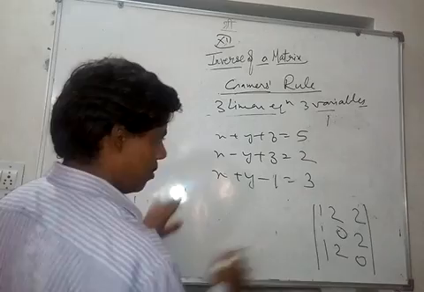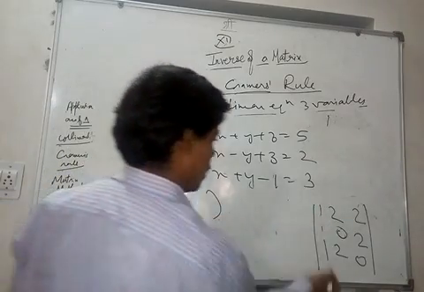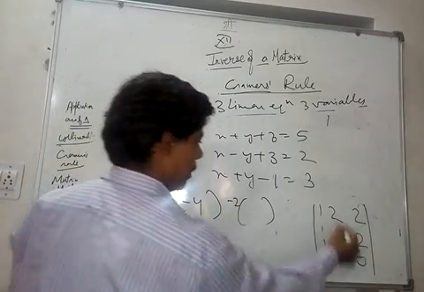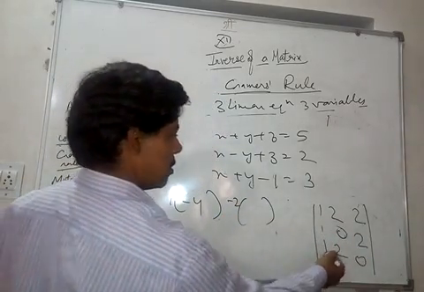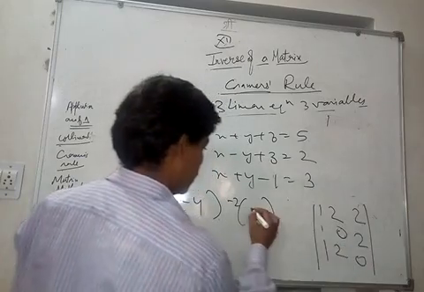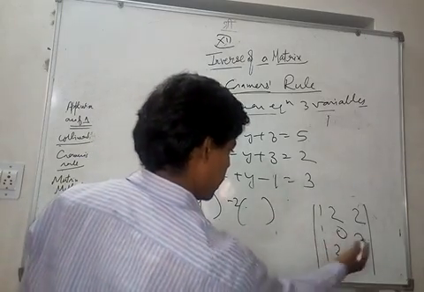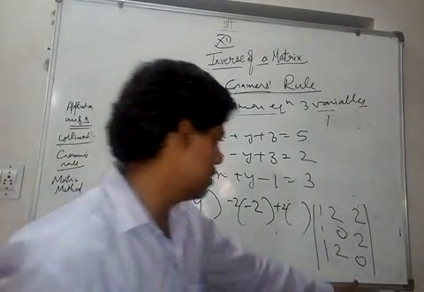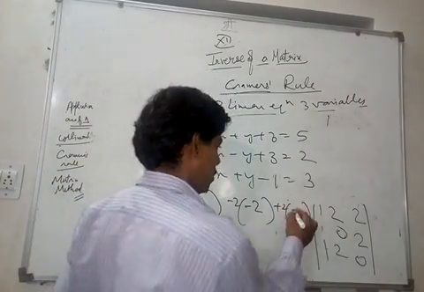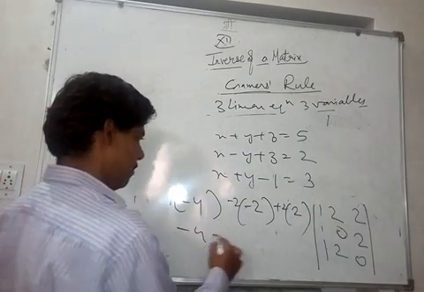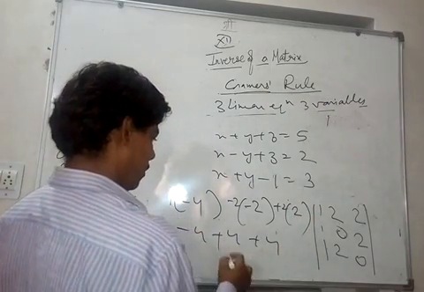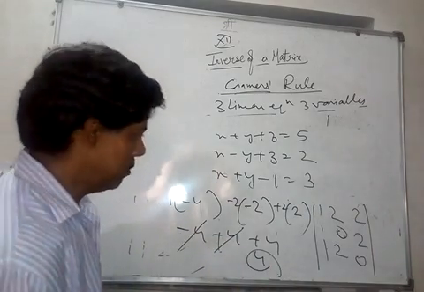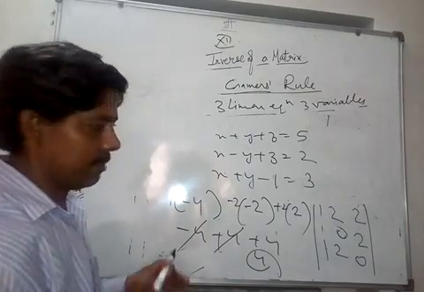Never mind, let's calculate along this one. We are getting 0, minus 4, minus 4, minus 2 is 0; 0 minus 2 is minus 2, and plus 2 here is 2 into 0. So I think this is what we are getting: minus 4 plus 4 plus 4. So we are getting 4. So this is not 0. Very good, now we have a unique solution for x, y and z.